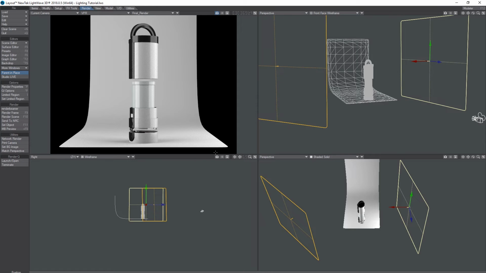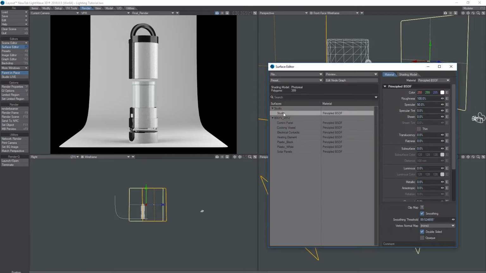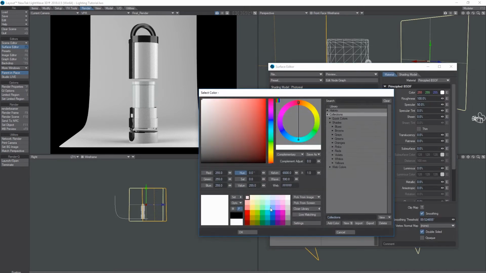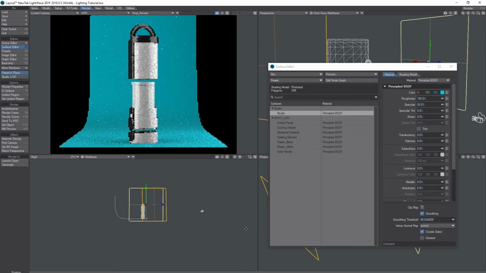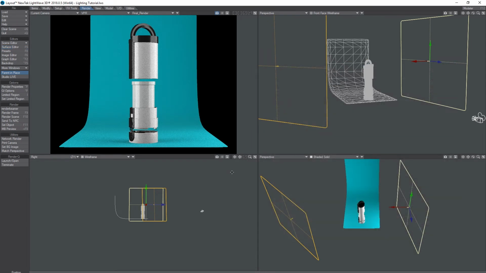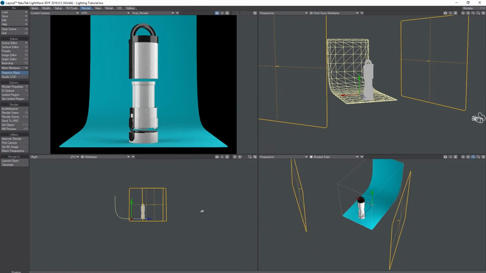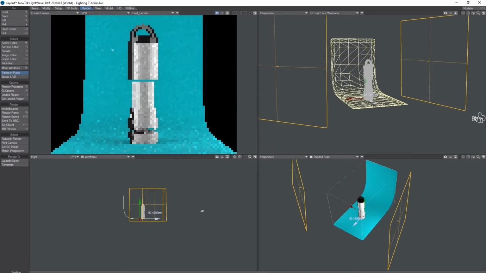So on its own, that is looking quite nice. We could more or less go with that. I think what I'm going to do is just change this backdrop to something a bit more interesting. Yeah, there we go. On its own, I quite like that. We've got the key and we've got the fill. We've got this studio object which